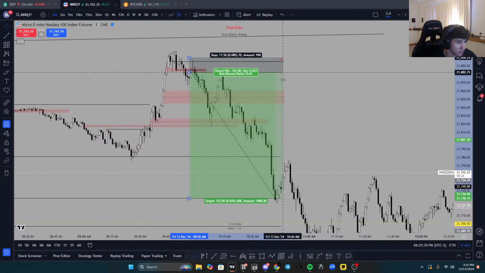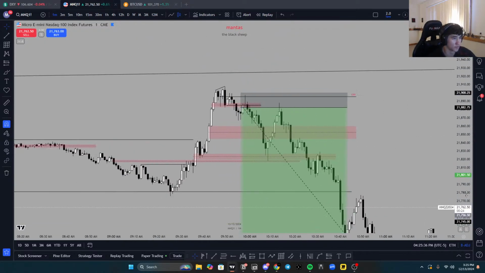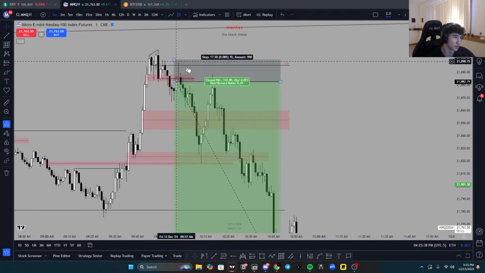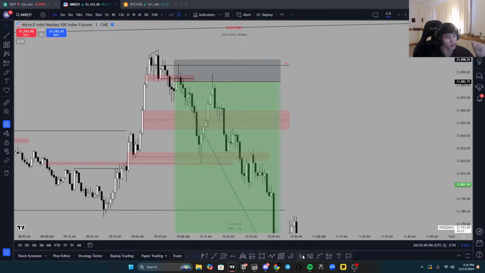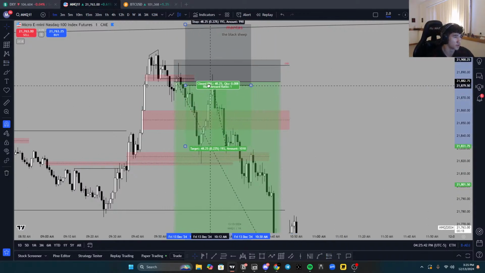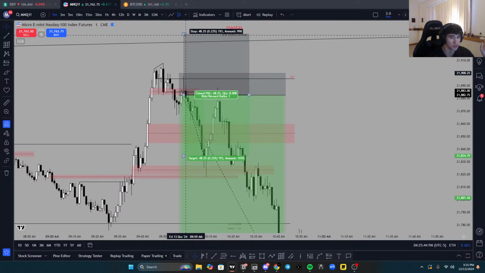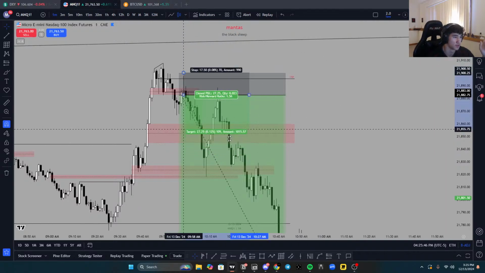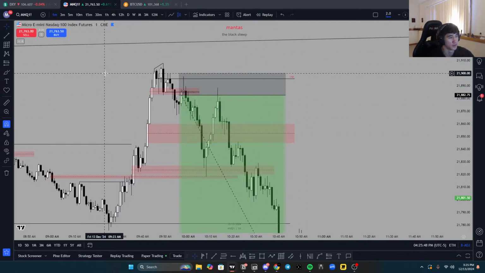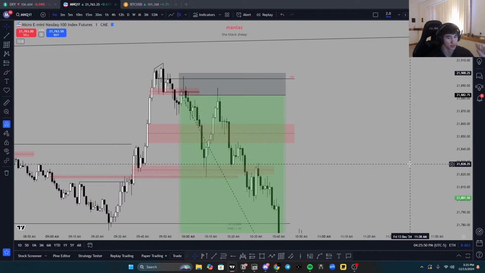So right here, there we go, you can see we tapped it perfectly. The only issue here when I entered, also one more thing, I entered on my funded account, my 25k funded, and it was just short, stunt to here. I got my 30 handles, and I was just done. And that was just my take profit.